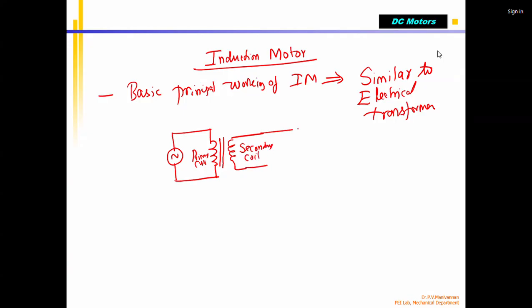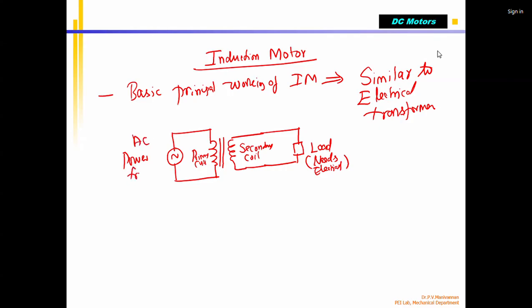The secondary coil is connected to the load. This is the load, which needs electrical power. We need to supply electrical power. It can be anything: a bulb, heater, motor, whatever it may be. It needs an AC voltage. So in that case, the primary we supply. This is the power,